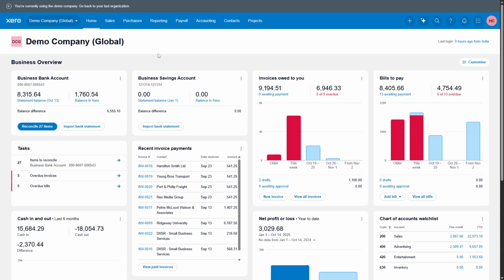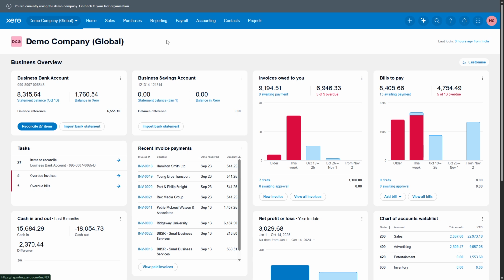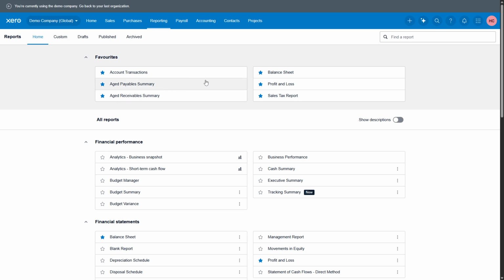Let's dive right in. To start off, you'll want to navigate directly to the reporting menu within Xero. This is where you'll find a treasure trove of financial insights waiting to be unlocked. Once you're there, click on All Reports. This will present you with a comprehensive list of all the reports available, providing you a full-spectrum view of your